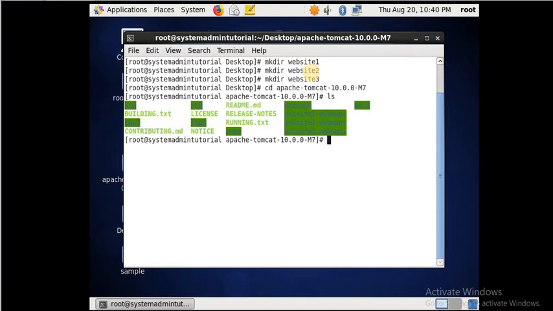As per my requirement, I will copy all my directories, the complete content, using the -r flag. It will copy everything to our website 1.